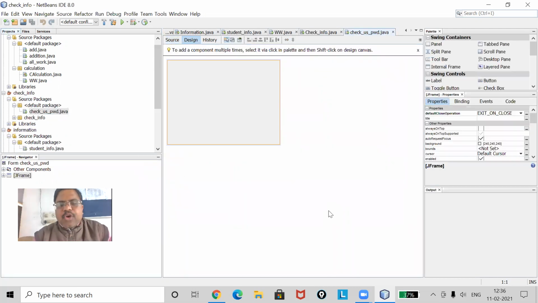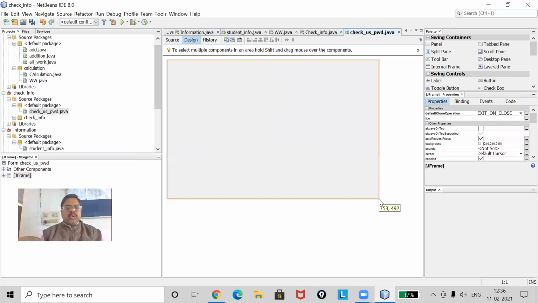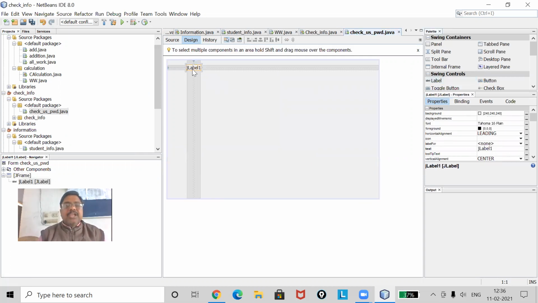Now you can see the form has come on the screen. Now I will be taking two label boxes. The first label box will be Username. The next label box will be Password.